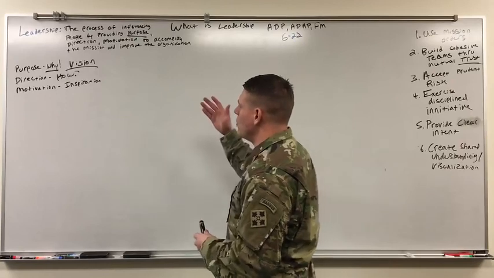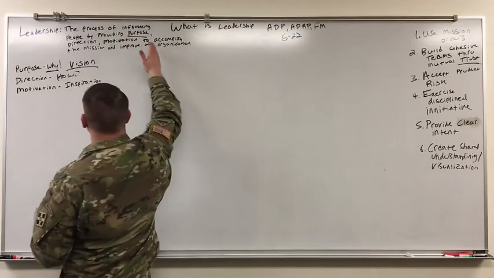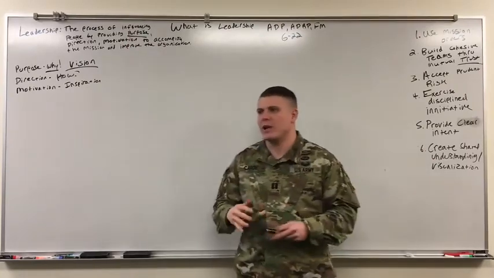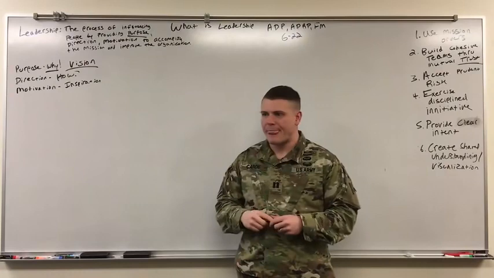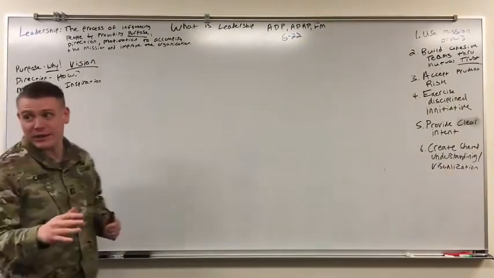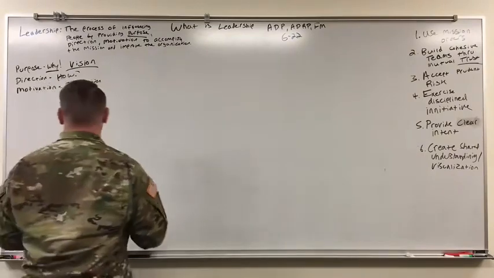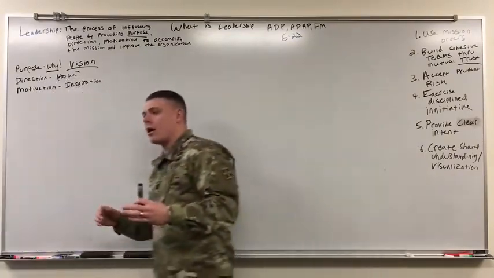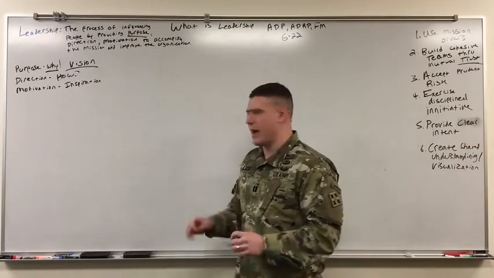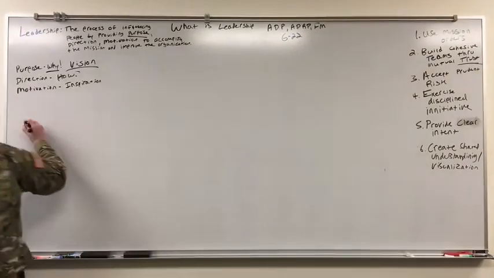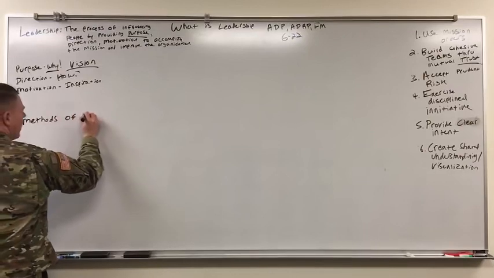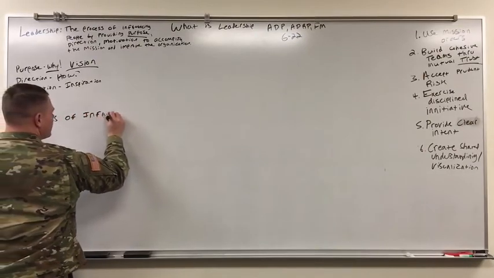Okay, so we've talked about purpose, direction, motivation a little bit. We're going to talk about influencing. So what is influence? How do you influence somebody? Okay, so the Army has really good doctrine on this, and this all comes from Chapter 6 of ADRP 6-22. The Army says that there are 9 doctrinal methods of influence. We're going to talk about all 9 methods of influence here, and we're going to build to something, so it builds on itself. All right, methods of influence.